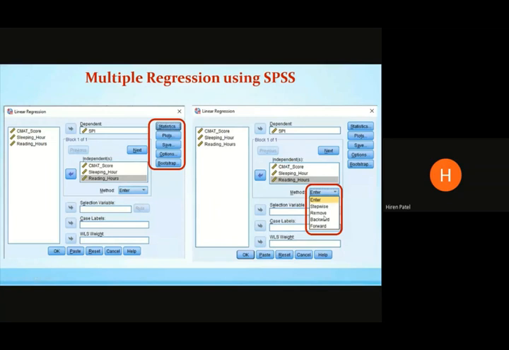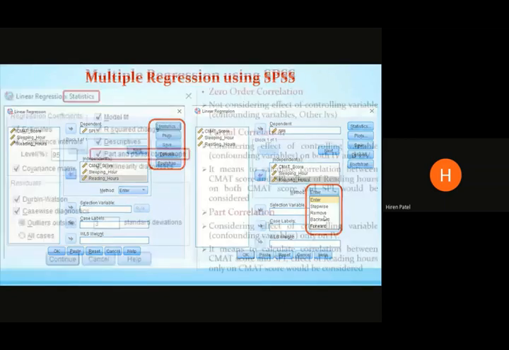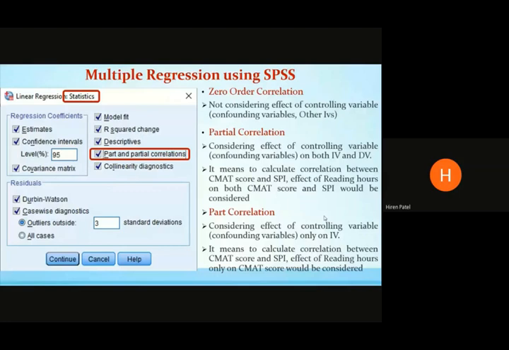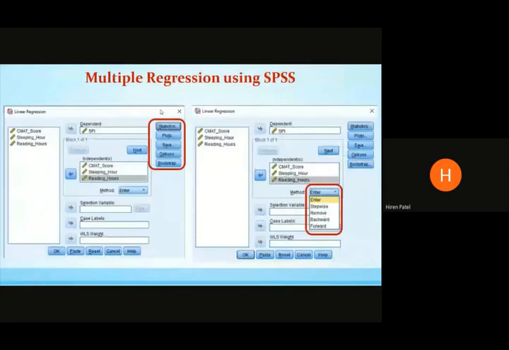Remove is something which I have never used, nor do I have any idea what exactly remove applies when we run this multiple regression using SPSS software. Now I'll be moving ahead with statistics. We need to remember these 5 different options, because we are going to go ahead with these 5, and see what screen opens up when you click on each of them.